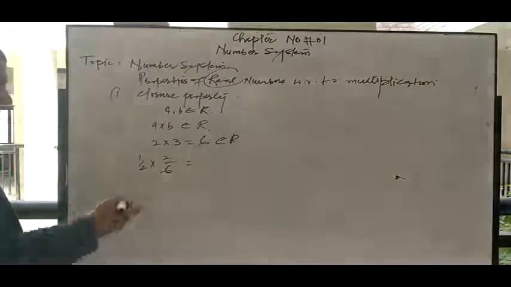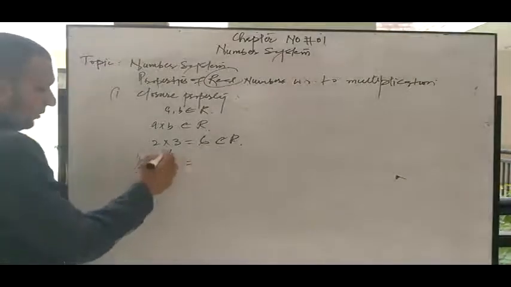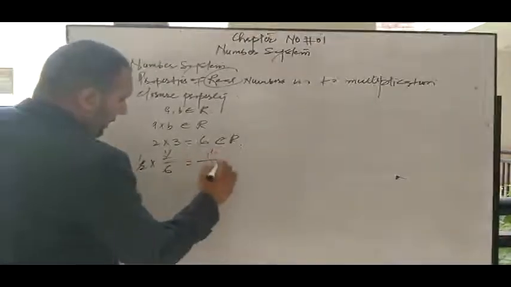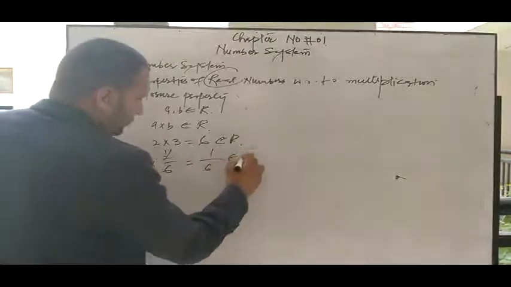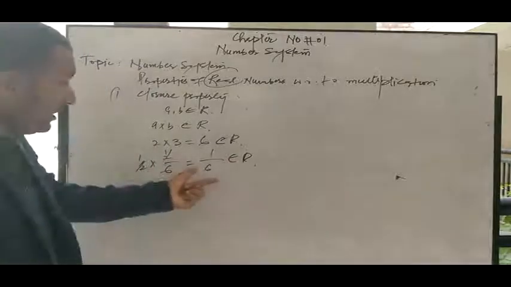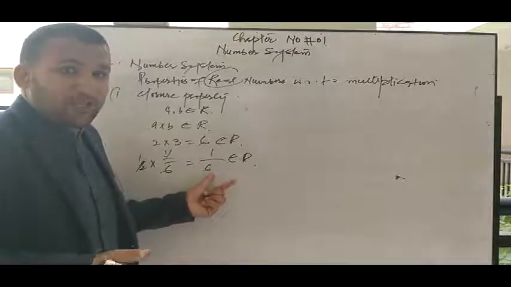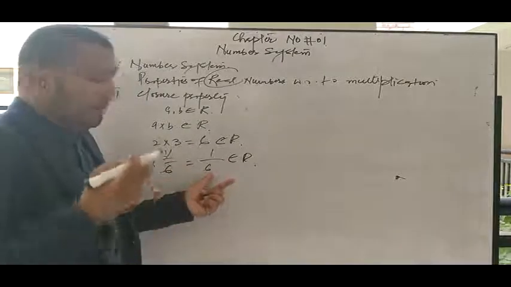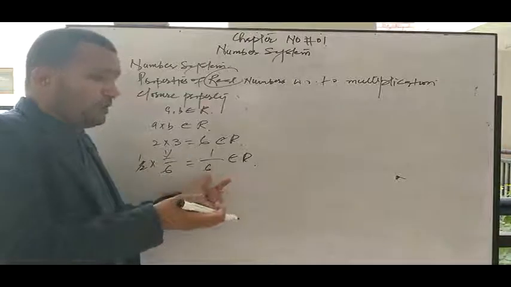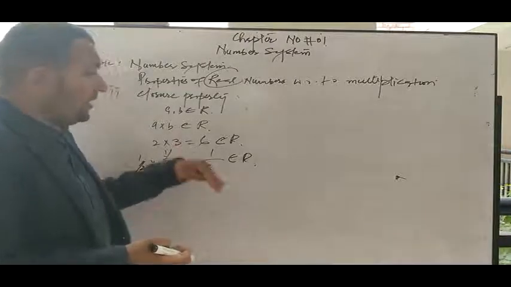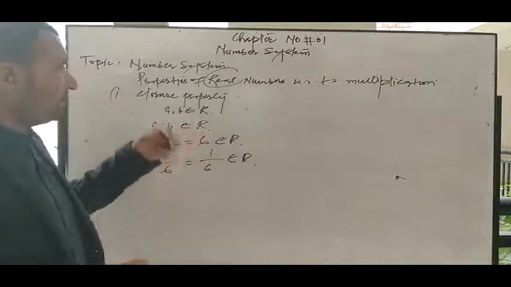in this condition cut off 2 with the numerator, meaning 1 upon 6. 1 upon 6 belongs to the real numbers because 1 upon 6 is a proper fraction, a proper fraction is a common fraction, common fractions belong to fractions, fractions belong to rationals, and rationals belong to the real numbers.